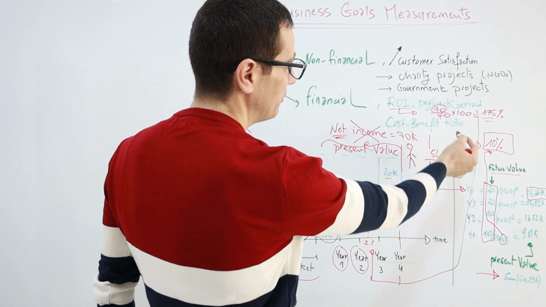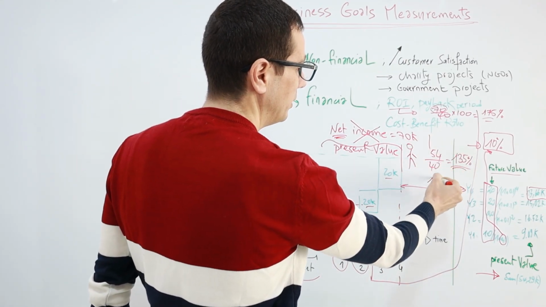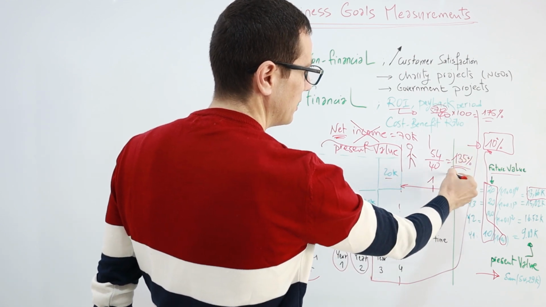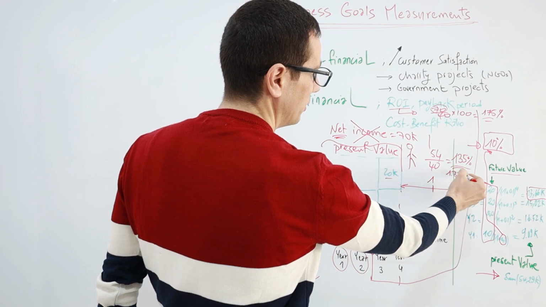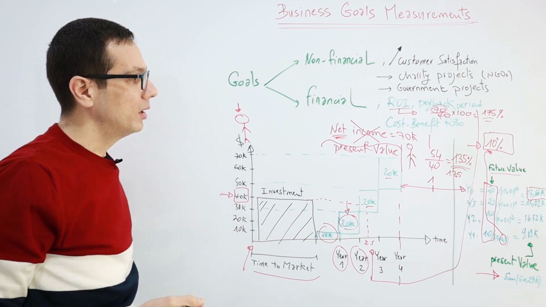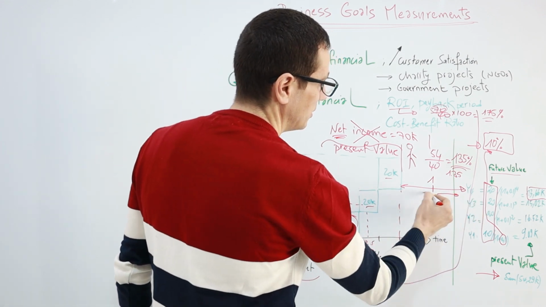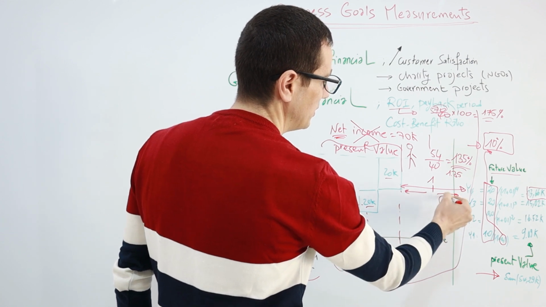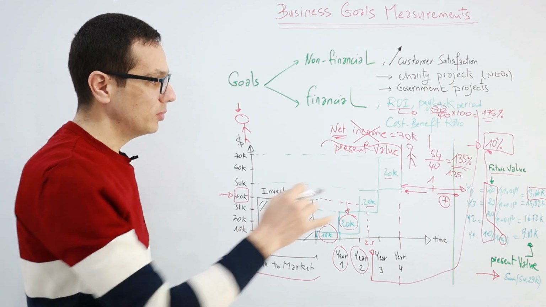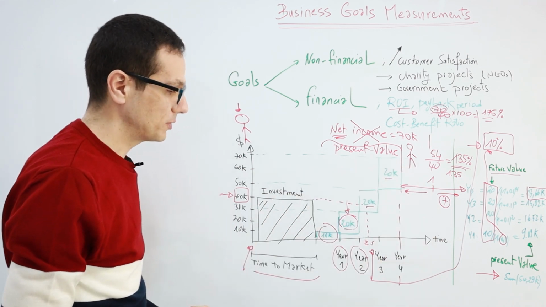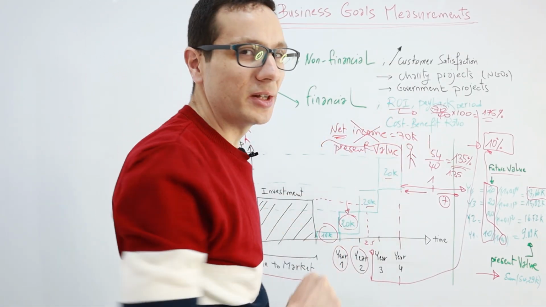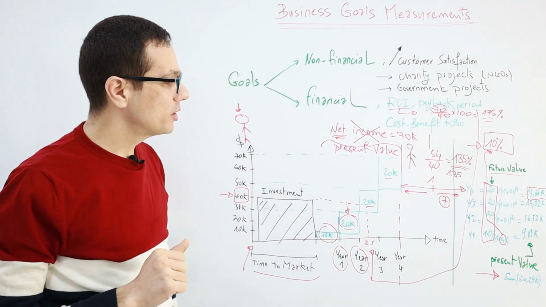Sometimes we see that the cost benefit ratio is based on one, not percentage. In this case, it will be 1.35. The higher the cost benefit ratio, the better the project, and the lower it is, the worse. So always try to make it at least 100%, and the more it is, the better. All right, these are kind of financial measurements that you can consider in your projects.